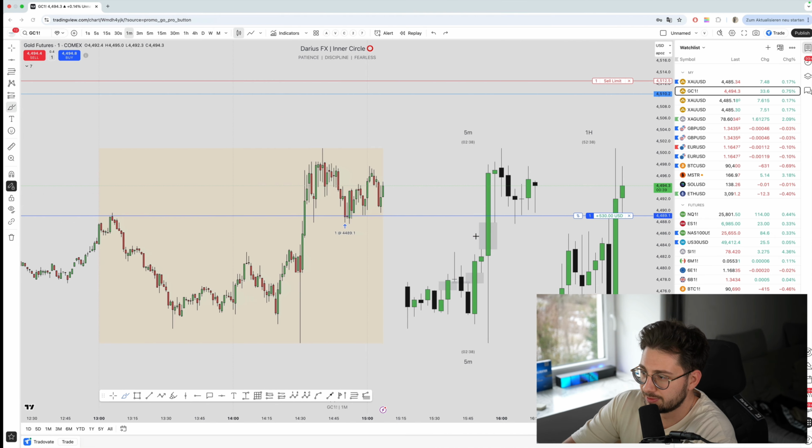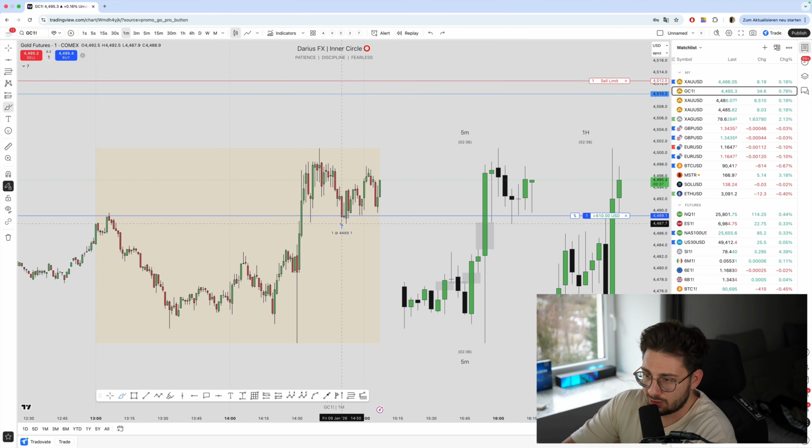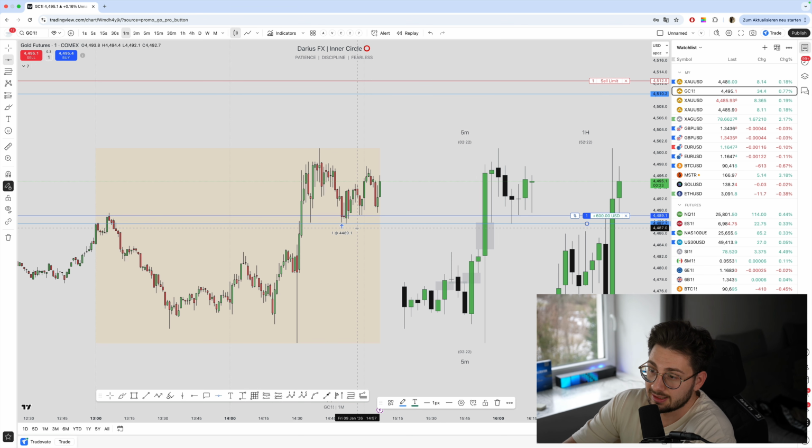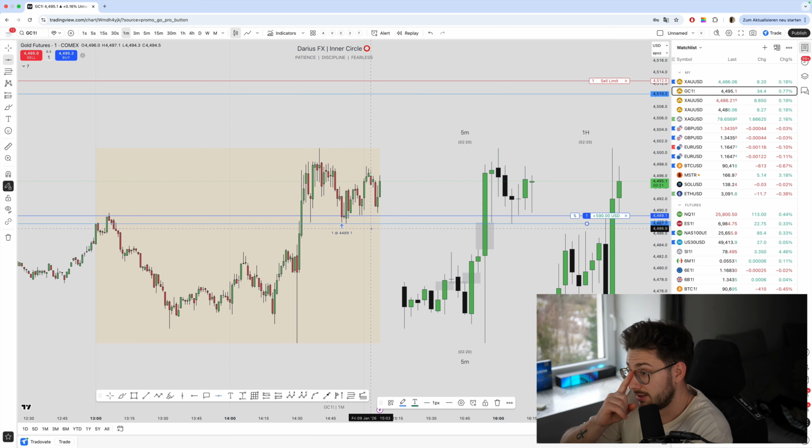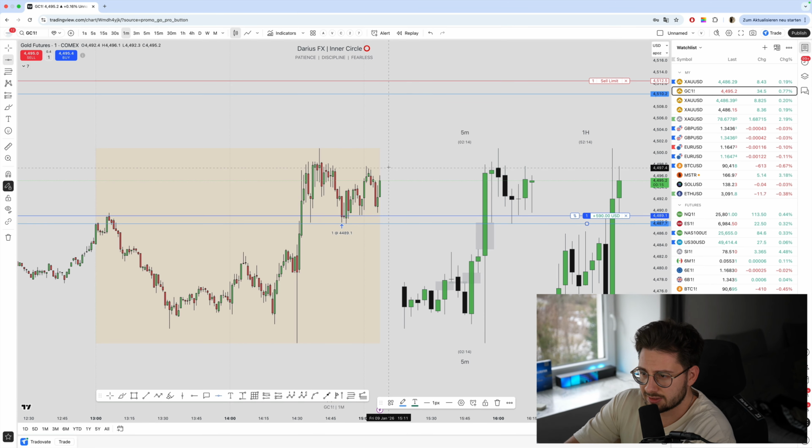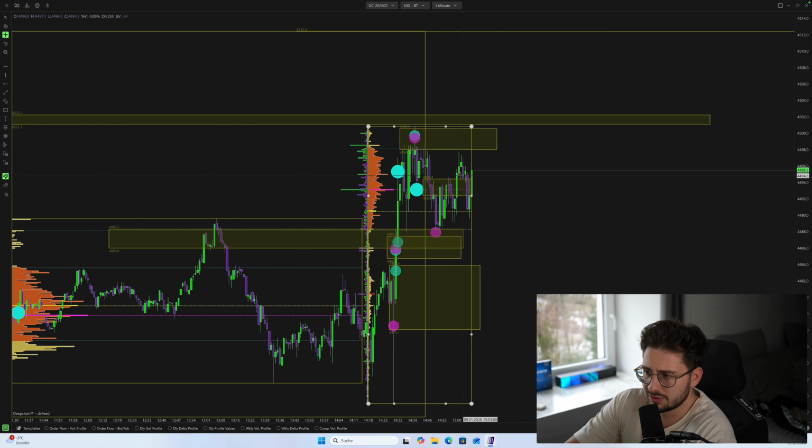I cannot even do it because I did not enter at the bottom, right? So it would be stupid to put it to break even. I would need to have had the execution directly at the complete low. So that's why in this case, I like the idea, to be honest. That's why I don't want to give up on the idea just because it might go lower. So for me, it's okay like this. And I also like the movement right now. Again, it's good. Nothing has changed from my perspective.